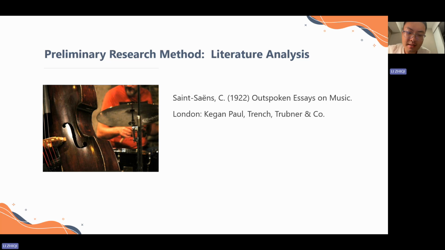This collection of Saint-Saëns' own essays provides insight into his musical philosophy, aesthetic values, and compositional intentions. Although written later in his life, many of the ideas discussed, such as his preference for classical clarity and structure, his admiration for Bach and Mozart, and his thoughts on French versus German music, shed light on the stylistic orientation